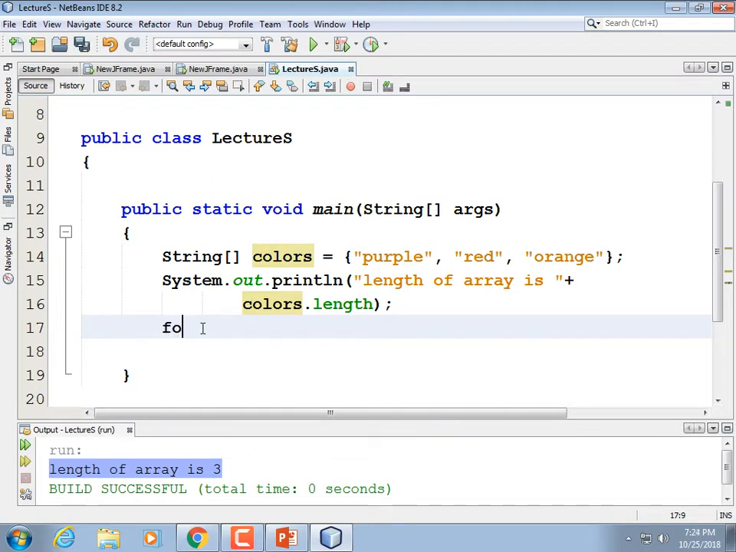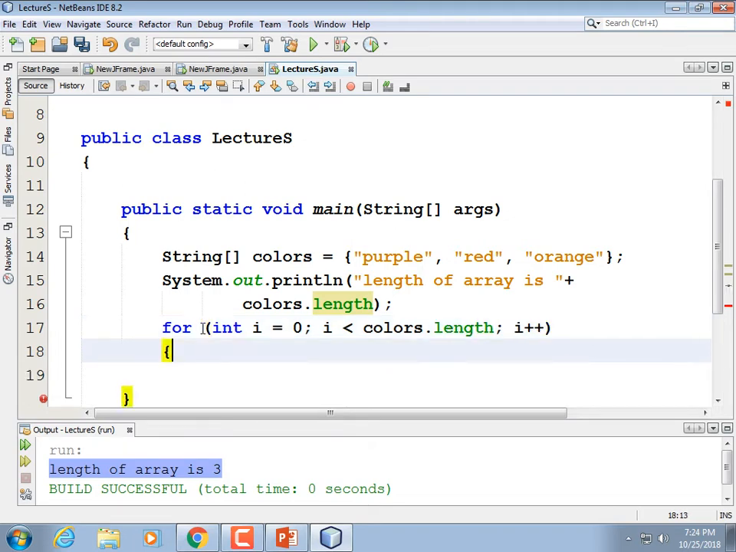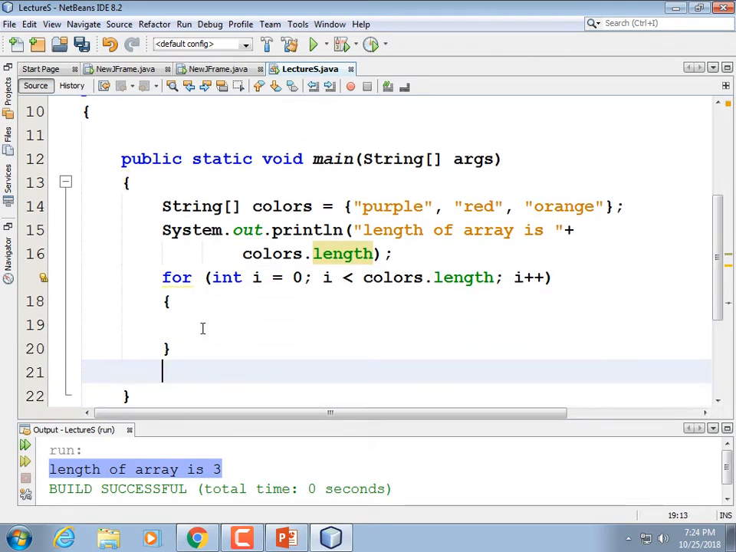Okay, so let's use a for loop. For parentheses, I'm going to use i since it's going to be an index counter. For int i equals 0, i less than the length of the array, so colors.length, i++. And let's print out the element and its index number. So System.out.printf,